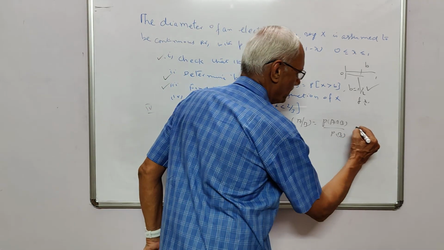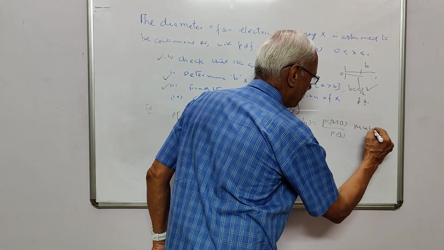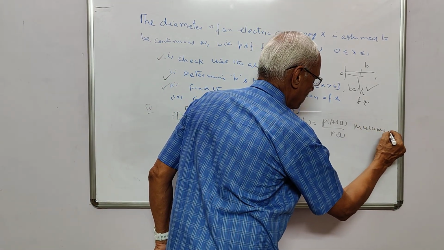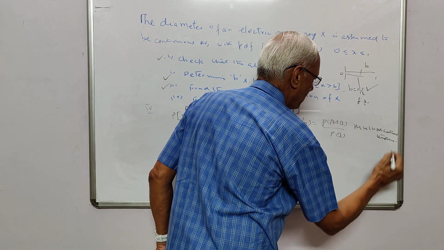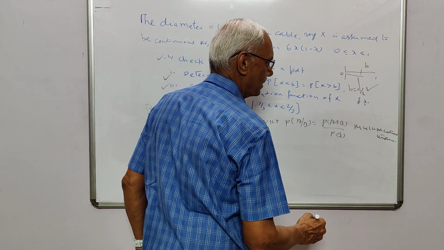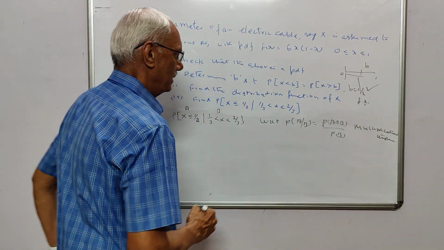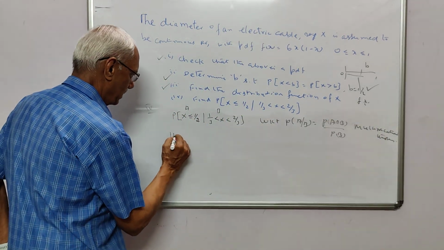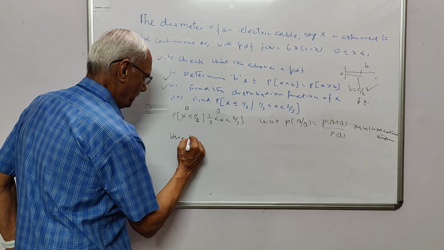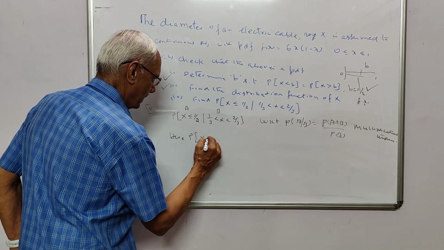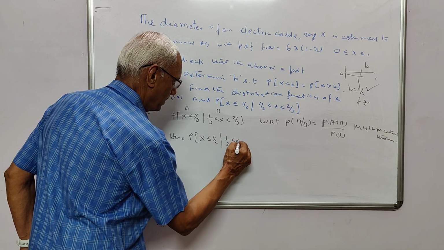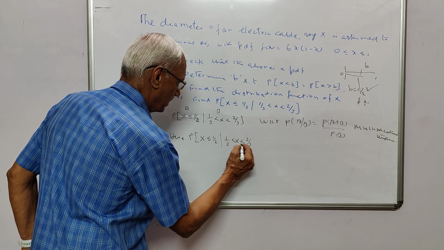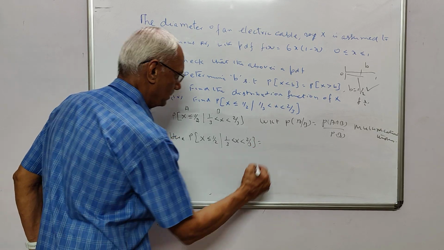This is conditional probability or the multiplication theorem. Now here, P of x less than or equal to half is equal to,